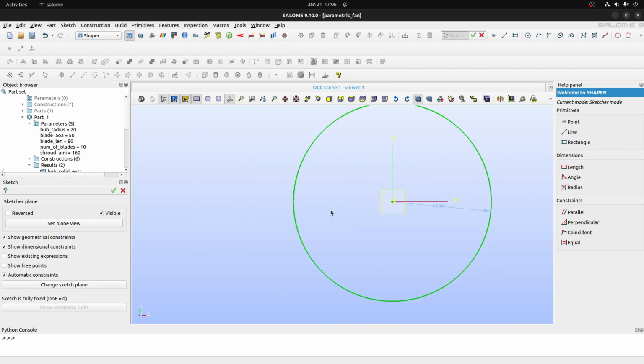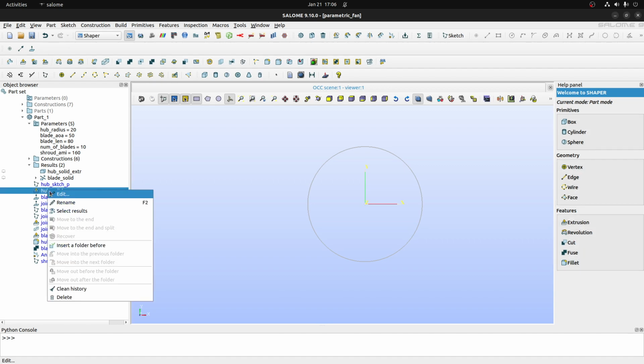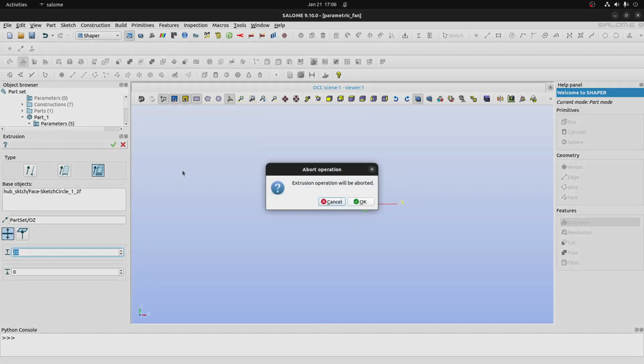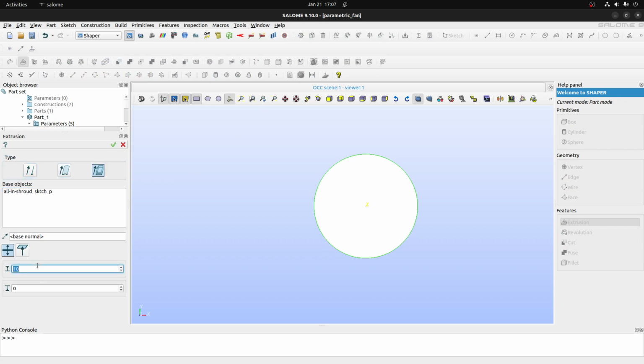Great. Now if we look at the height of our hub, if we go to the extrude, we have hub extrude. Where is it? Hub solid edit, right? It's pointing out that it's 20, so it's 2 centimeters in height. So we will need the shroud to be at least bigger than that, and it will expand to both sides in order to properly cover our entire fan. So just select this thing, and what we will do is that instead of